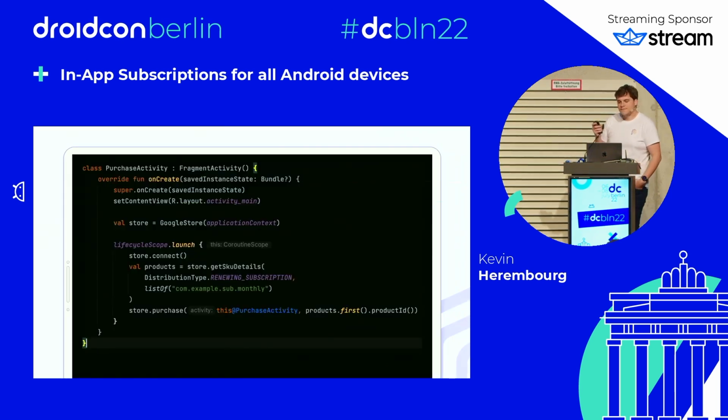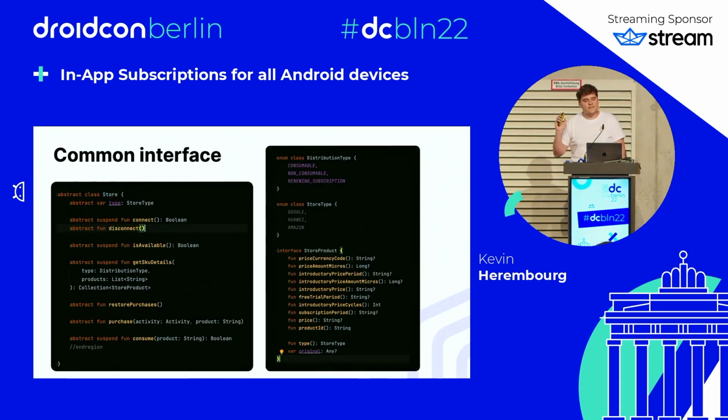How to do that? So in my common module, I can just create a purchase activity where I will make the purchase. I will connect to the store I want, for example, here, the Google store. And what I want to do is connect to that store, retrieve the product I want to buy, and buy it. To do that, I've created a common interface where I need very, very important